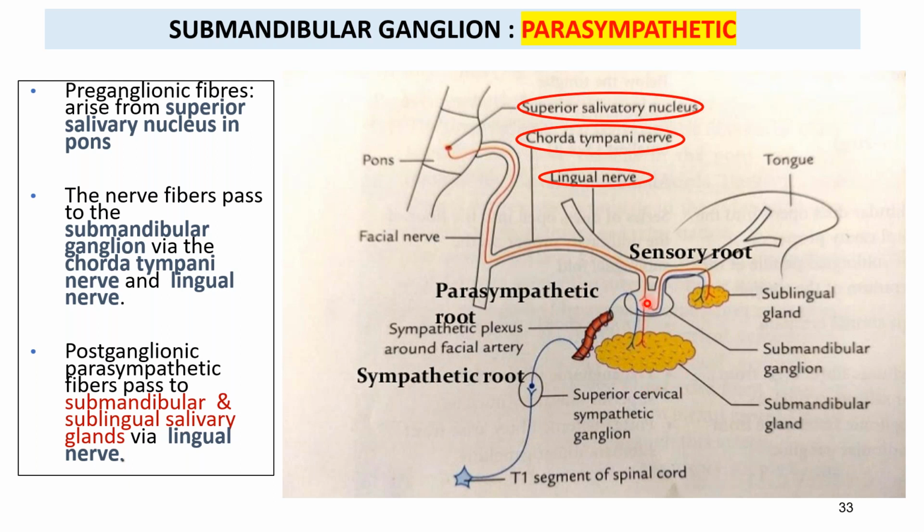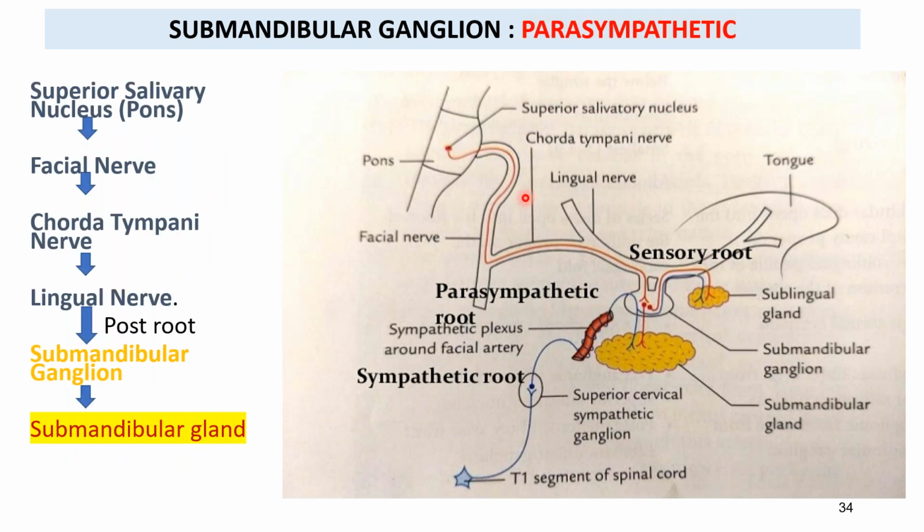But see another pathway. From here, there is another set of neurons. A few fibers will enter into the anterior root and will join the lingual nerve again to supply the sublingual gland. That means the submandibular gland is supplied directly from the branches of the submandibular ganglion. Directly you can see. But for the sublingual gland, the parasympathetic postganglionic fibers enter the anterior root to reach the lingual nerve again, and via the lingual nerve it reaches the sublingual gland. So in a nutshell, this is how you have to remember.